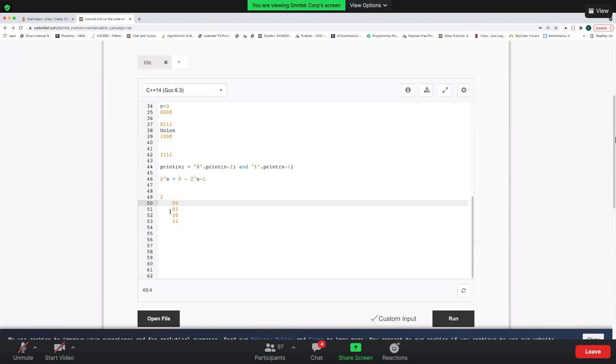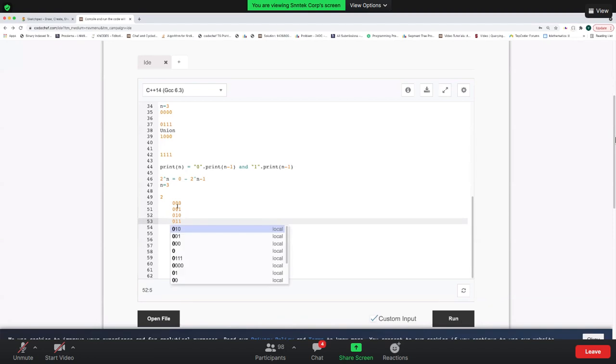So let's say I'll tell you the scenario. Let's say I want to get the answer for n equals to 3. What I'm saying with this equation is it can be 0 appended to all the two-digit cases, right?